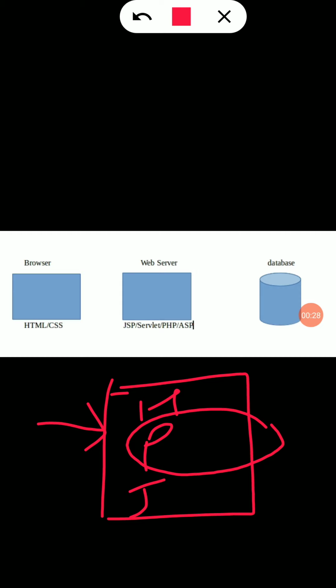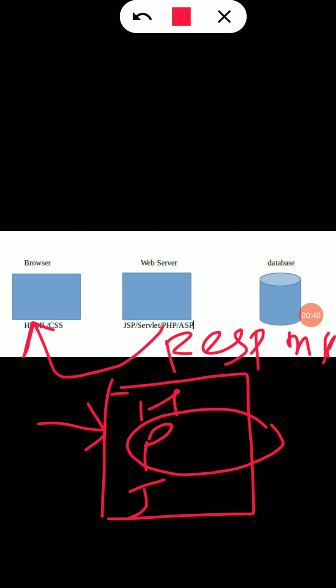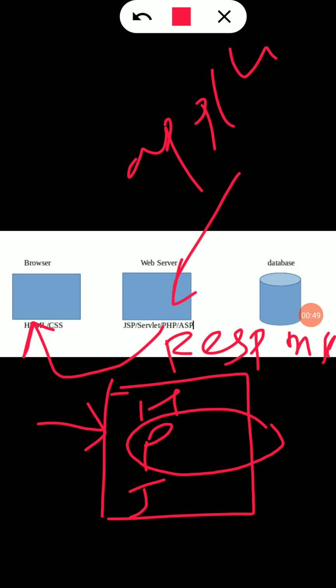Once the output is generated, they create the response, and that response is passed with the HTML code to our browser. That we call the response. But PHP is a server side programming, so where does the PHP code run? Only on the application server. Once it runs on the application server, it means that all the work there is complete on the application server.